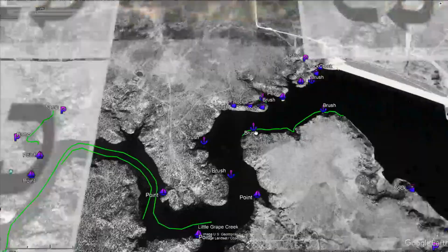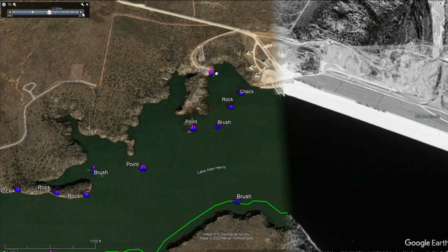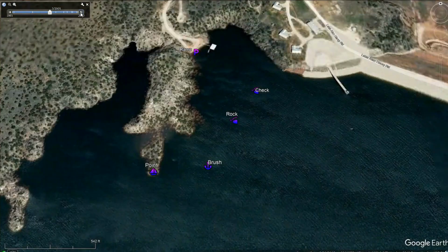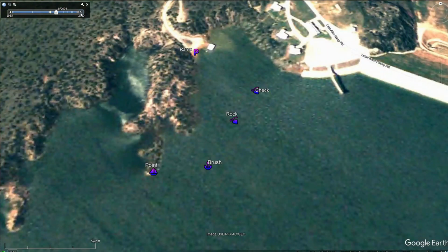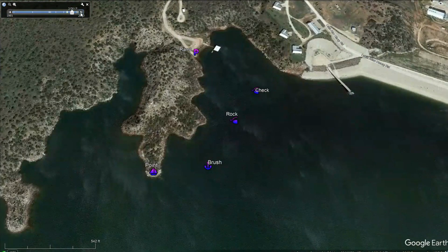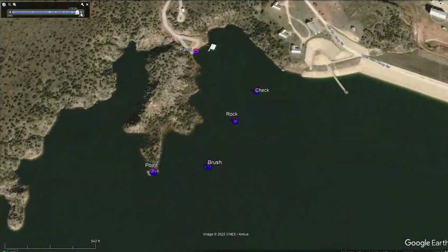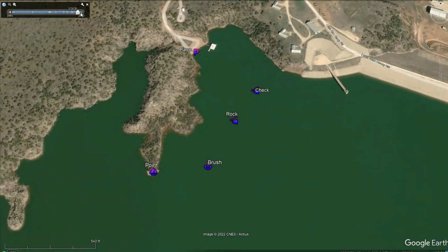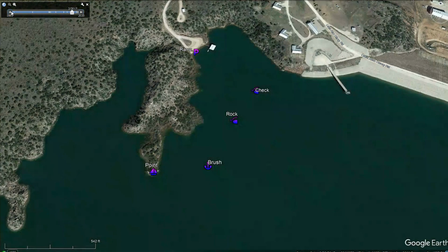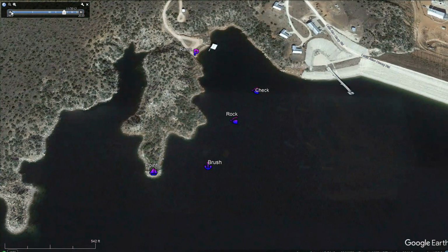So I wanted to show you that, but let's go up. We're going to zoom in here and see what the best image is we can get. 2004, 2005, we're still looking. I thought that this one would fluctuate as much as Ivy did, but it does not fluctuate as much as Ivy at all. In fact, sometimes it's really hard to find stuff in here. As you can see, I've already gone up and come back, and Google Earth's really tricky on this lake for some reason. We're going to start right here